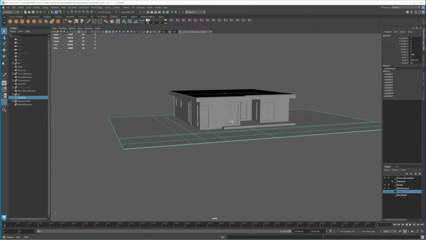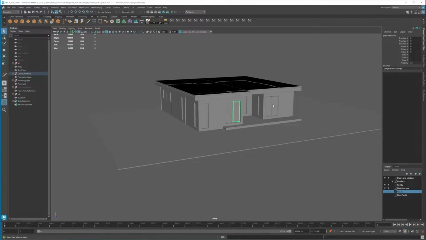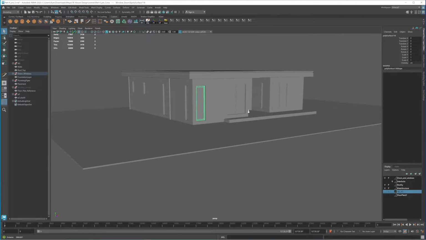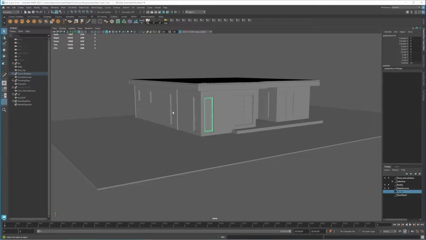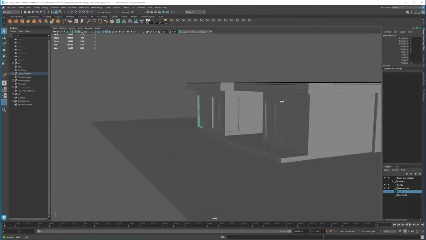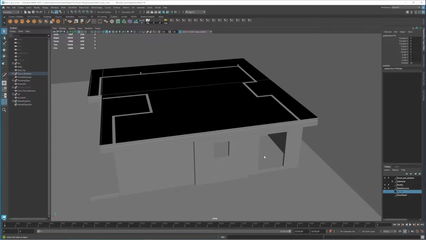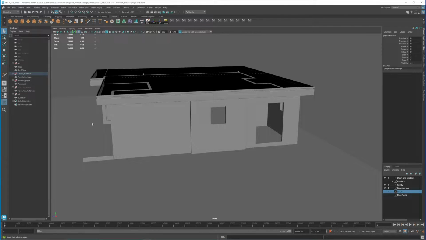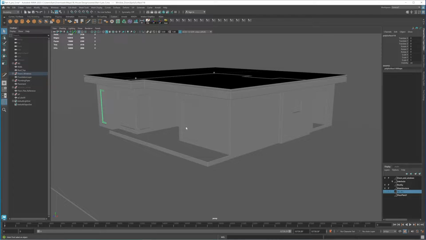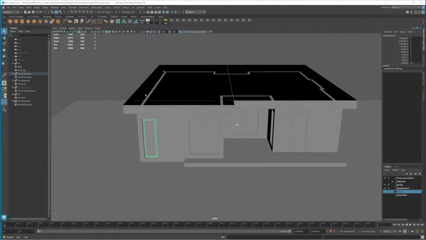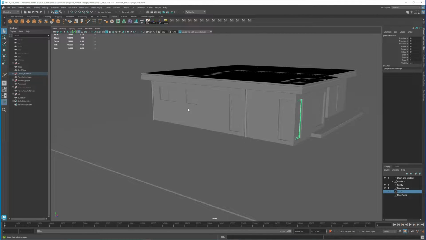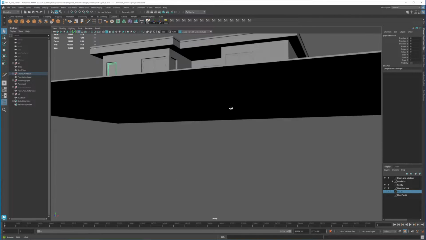One thing I need to mention is that I have gone ahead and added the doors and windows here, so you can do so because we created them in part 4. I just went ahead and duplicated and filled in all these ones. Also, the back here I didn't do because we are not going to see it, so there's no need for us to populate our scene with assets that we don't need, and it's going to keep our scene very heavy. So I decided not to put those.